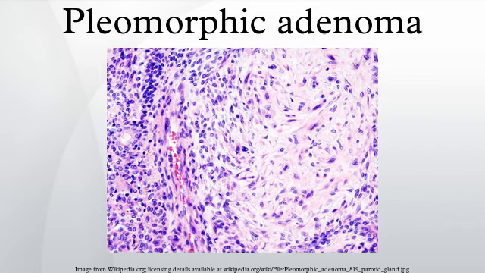Pleomorphic adenoma is a common benign salivary gland neoplasm characterized by neoplastic proliferation of parenchymatous glandular cells along with myoepithelial components, having a malignant potentiality. It is the most common type of salivary gland tumor and the most common tumor of the parotid gland. It derives its name from the architectural pleomorphism seen by light microscopy.